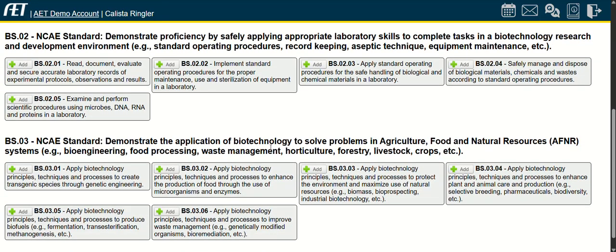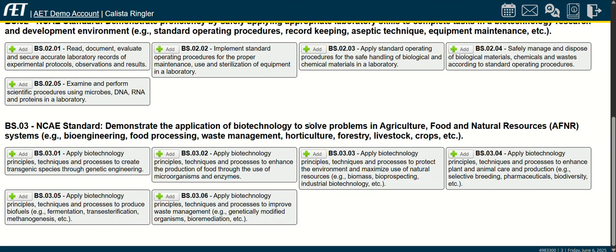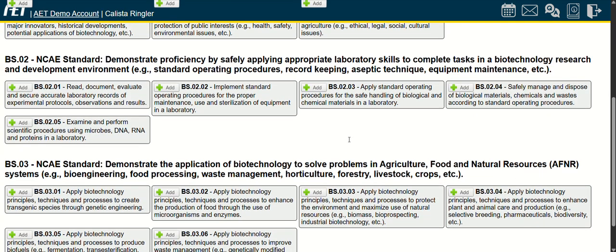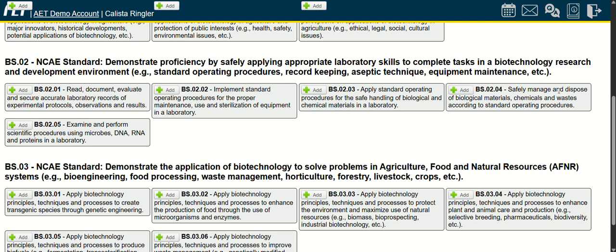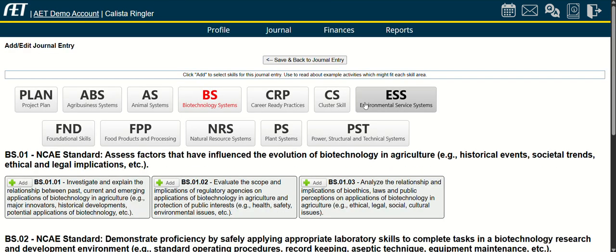Looking for something that has to do with being safe with chemical application. This one right here says safe manage and dispose of biological materials, chemicals, and waste according to standard operating procedures. I definitely was safe while using and disposing of chemicals, so therefore that standard applies. And this one has to do with working in a lab, so I can't choose that one even though I was operating them safely. And so I'm going to keep that guy,